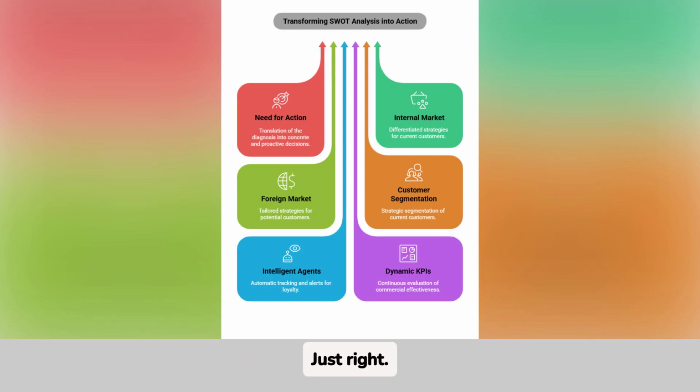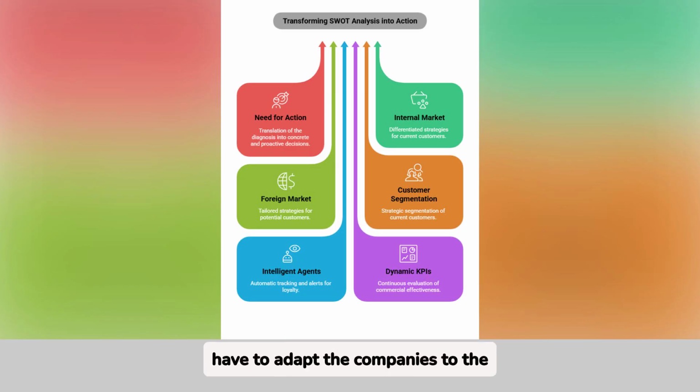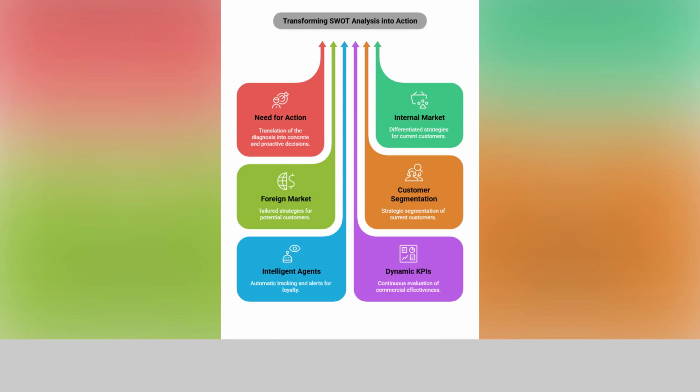Just right. That's the difference of working with a multi-agent system. You go from sensing the market to reading it in real time and acting with surgical precision, getting better every day. It's a topic we haven't talked about until now, and I was totally convinced. We are going to transform our company with the multi-agent system with artificial intelligence. We have to adapt the companies to the new technologies to be more competitive and offer our customers an added value compared to our competition.